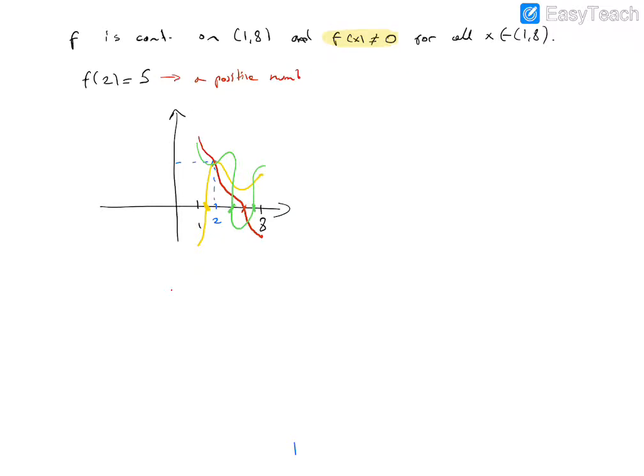Your textbook explained it a different way, maybe more mathematical. Let's assume f of 7 were, for example, minus 3. 7 is arbitrarily chosen, okay? Just as an example, a counterexample, in 1, 8. So f of 7 is minus 3. Let's assume some negative value, maybe not at the point 7, at the point 6, 5, 1.2, some number between 1 and 8, okay? On the other hand, we know that f of 2 is 5.